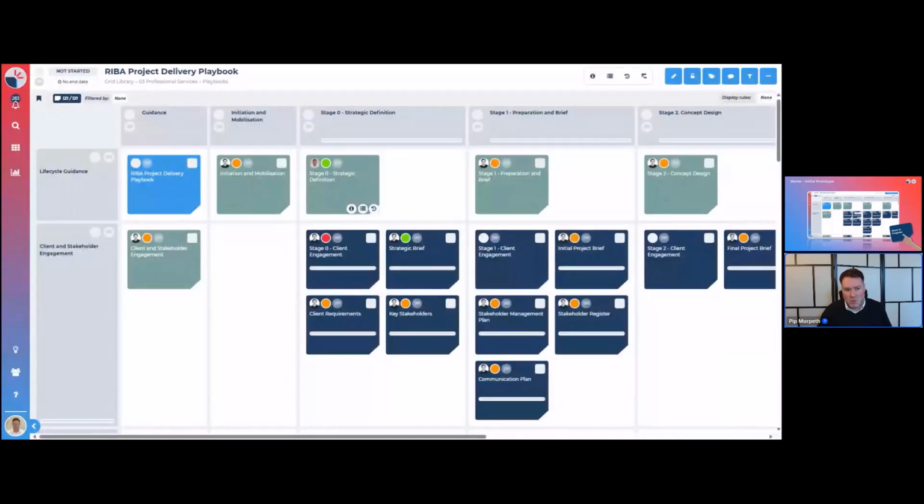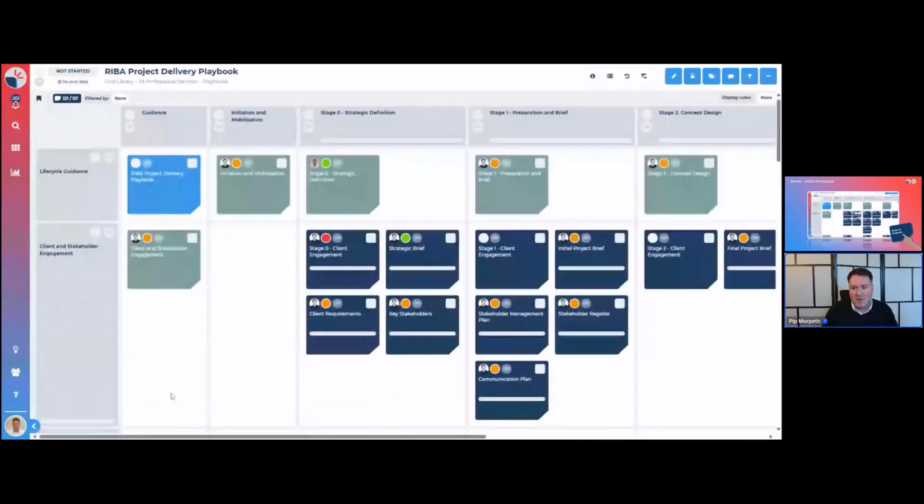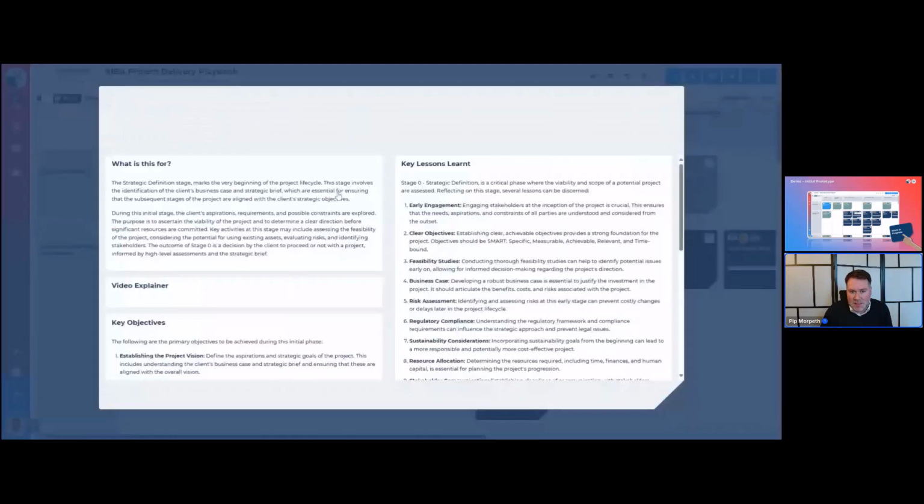stage 0, what's stage 1, what do we mean by client stakeholder engagement, what do we mean by business case, what do we mean by project management, just giving people a sense of what this theme is about and what its purpose is. So if we look at stage 0,